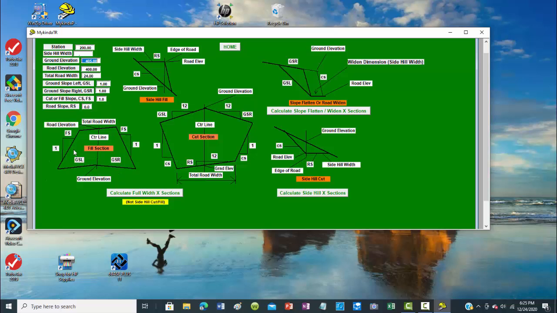For a fill section, the road's on the top. It can be sloped, and you have to put in a fill slope, which goes up. It's a 1 to 1. A 1 to 1 would be 45 degrees, and if you put in 0.5 here, you would have a flatter slope. This is the ground slope left and the ground slope right, the ground elevation, the road elevation,